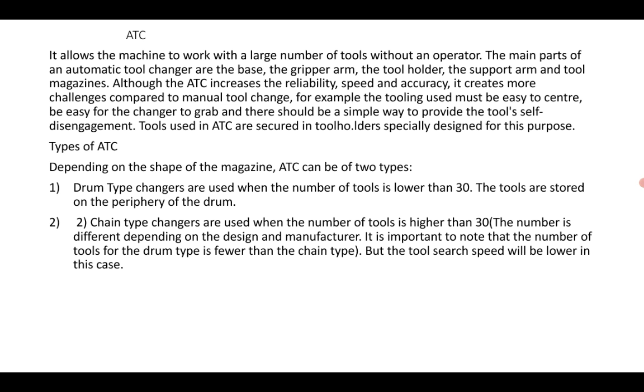So the machine itself will take up the cutting tool and insert it in the machine according to the programmed tool, one after the other. So it allows the machine to work with a large number of tools, so operator work is reduced.